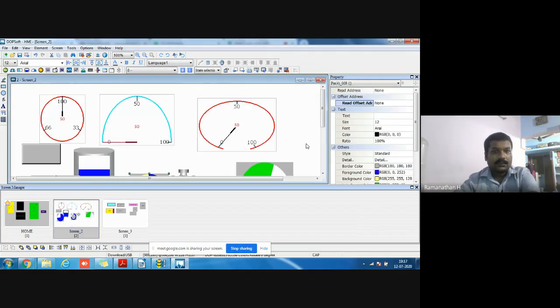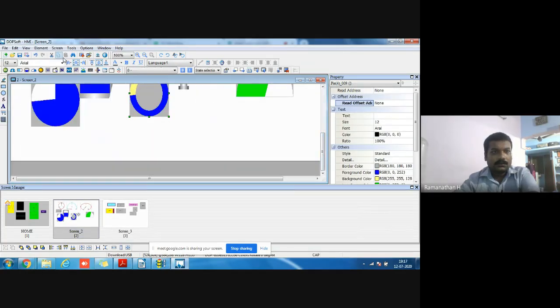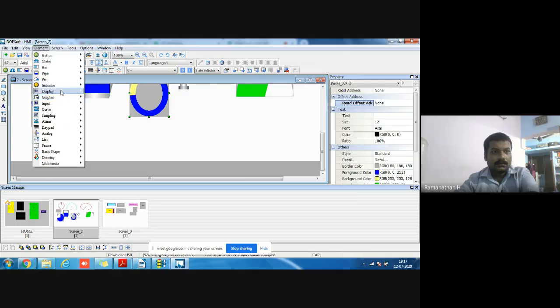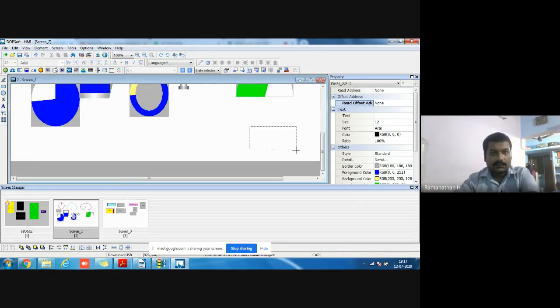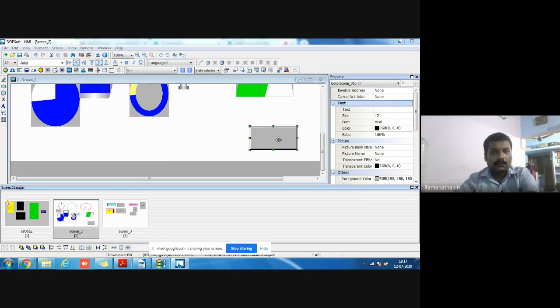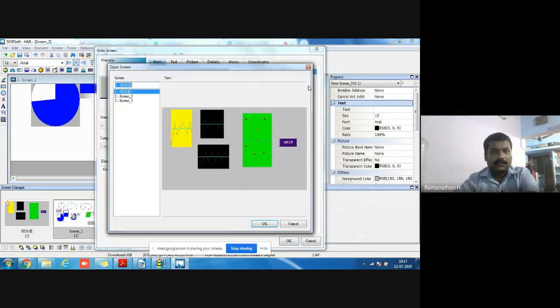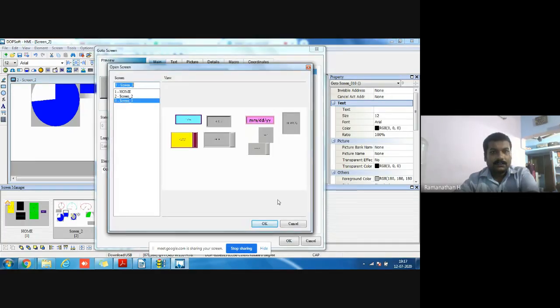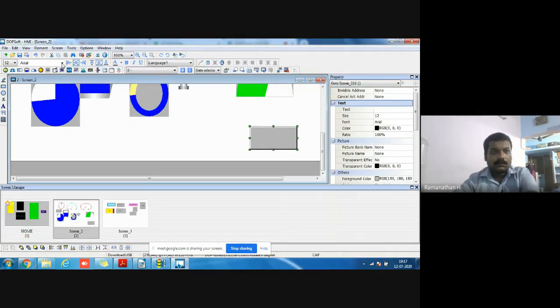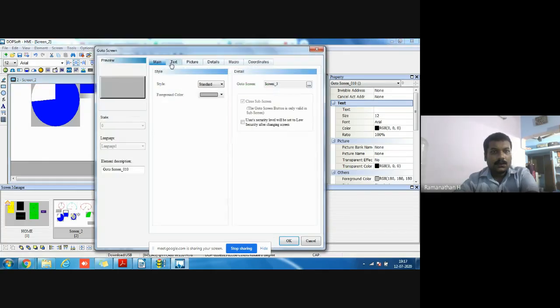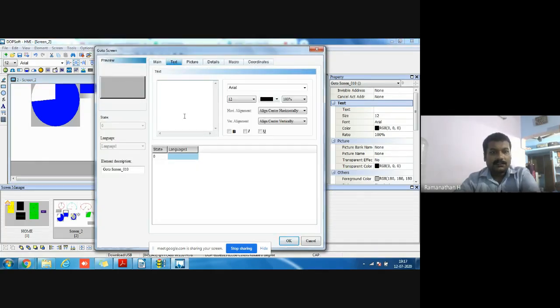Here I will give the link to the next screen. Go to the screen tab. Okay. Screen tab. Here I give the text as no size.